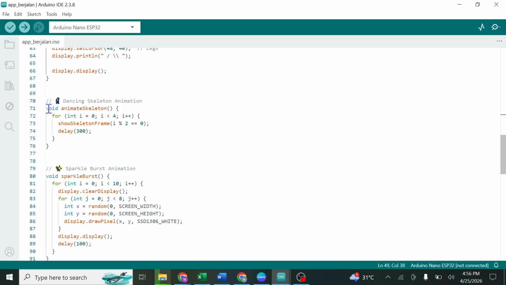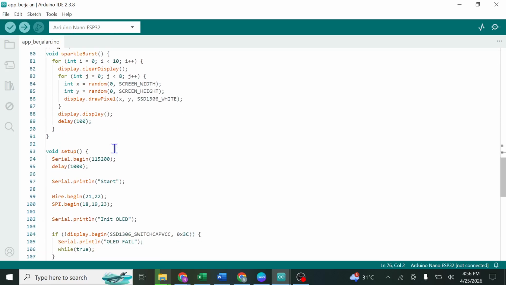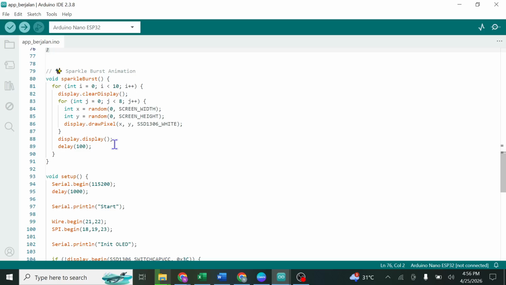This function repeats the skeleton movement several times to make it look like dancing. Next, void sparkBurst. This function creates random sparkling pixels on the OLED screen, giving a visual effect after scanning a card.